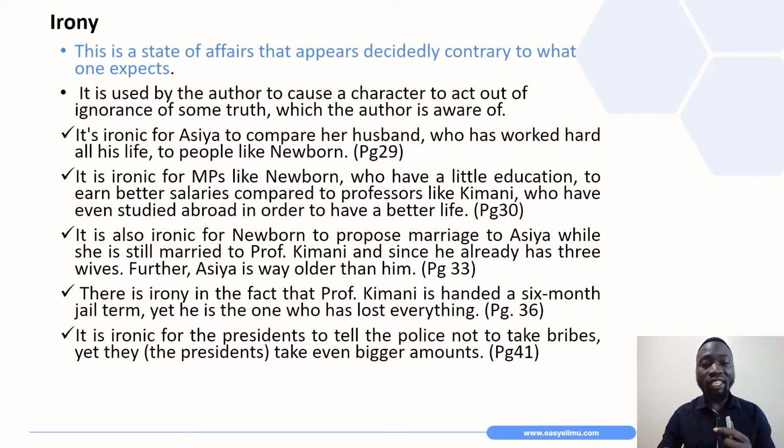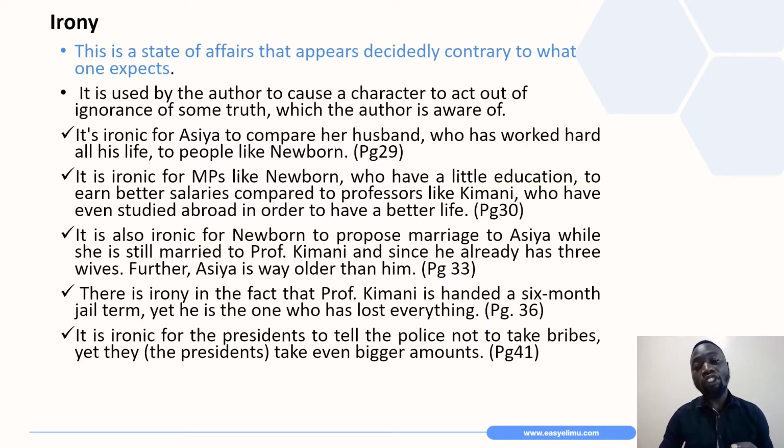Before we look at the next styles that we have, in the previous video we identified a number of styles. I'm not sure how many, but maybe I can mention a few. We talked about dialogue. There was vivid description, there were rhetorical questions, story within a story, and we also had flashback. So those are some of the styles that we were able to discuss in the previous video, whereby we said that